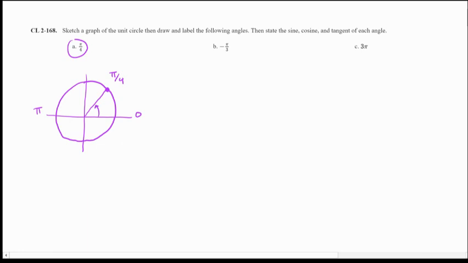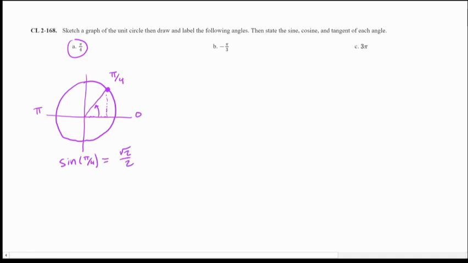We go in the positive direction. And we're asked to find the sine, cosine, and tangent. So the nice part about the one that's pi over 4 is that it creates a triangle that the two lengths, the side lengths, are equal, and they are root 2 over 2, and they're both positive because they're in this first quadrant here. So that means that the y value, which represents sine of the angle, is equal to